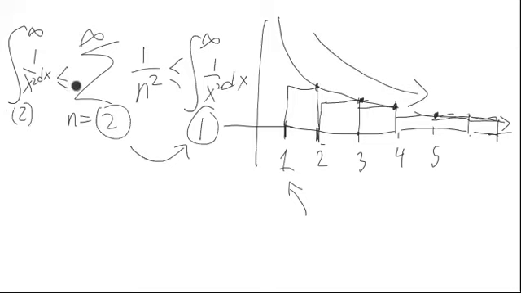So in these comparisons between series and integrals, we're going to assume that not only are these positive, so a positive function, but that we have a decreasing function. Now, if we have a decreasing function, what does that mean? Well, that means that we can do this comparison because one way, all the rectangles are over. The other way, all the rectangles are below. And so hence, we have this idea.